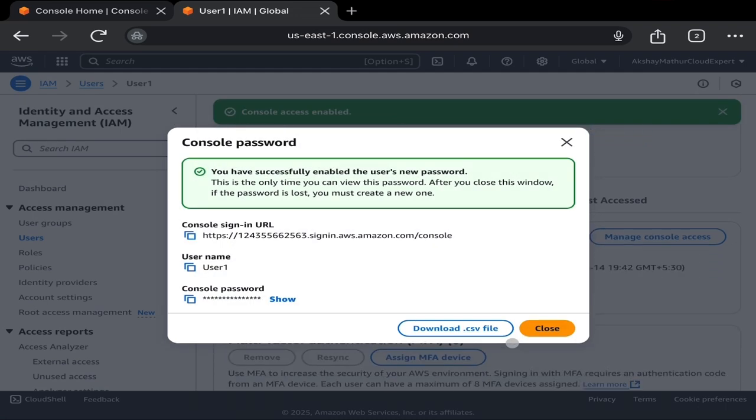Now you can see that your password has been created successfully. Now I will log in with this IAM user, and I will show you that because the administrator gives you access to only S3 as well as Redshift, if I try to access other AWS services, I will get an error like access denied because I don't have permission. So let's see. You can note this IAM user's username and password. So just close this one.